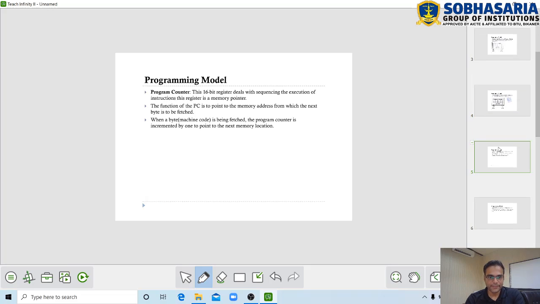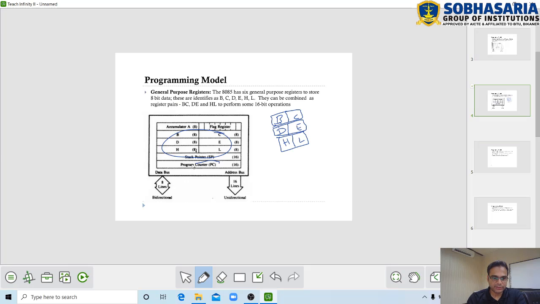Next we will see the program counter, another important register. Here you can see the program counter, which is a 16-bit register. Point to be noted here is that the 8085 is an 8-bit microprocessor because it has an ALU and an accumulator register of 8-bit size, and all these general purpose registers are also of 8-bit size.